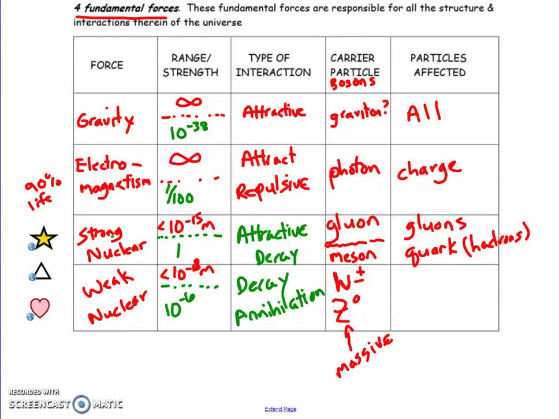The leptons do not respond to the strong nuclear force, and that has important implications. Whereas the weak nuclear force only works with quarks and leptons. Okay, so the electron is a lepton, will interact by the weak force. It will not interact by the strong nuclear force. It will interact